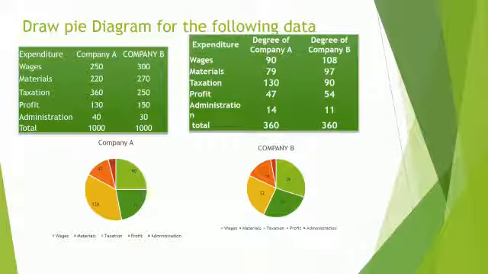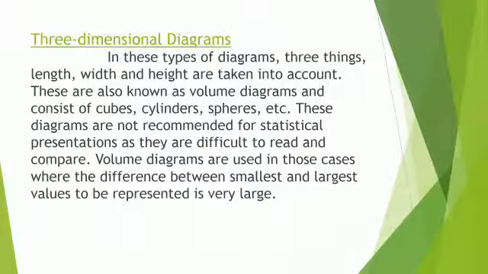The first step is to draw a circle of appropriate size with a compass. The size of the radius depends upon the available space and other factors of presentation. It's not a compulsory radius. The second step is to measure points on the circle and represent the size of each sector with the help of a protractor.